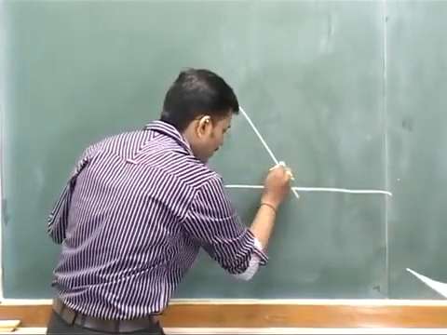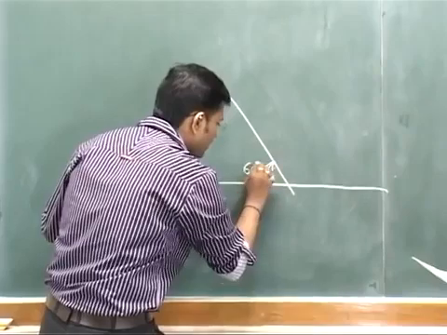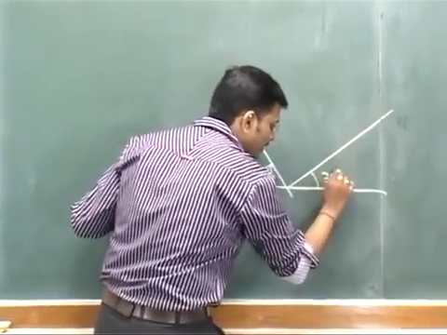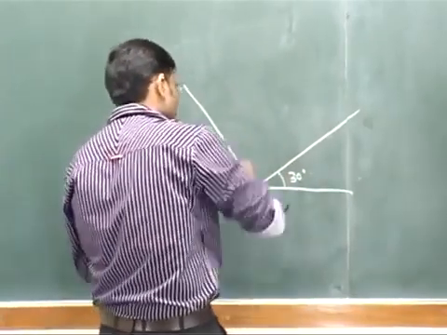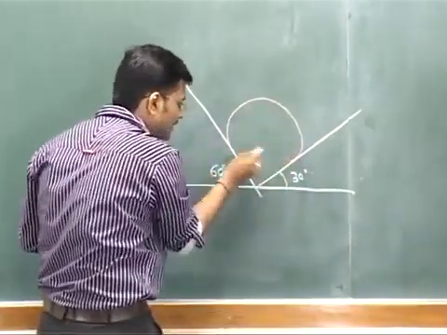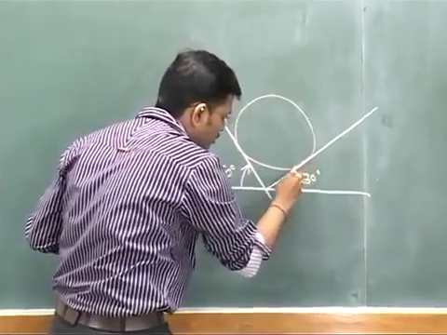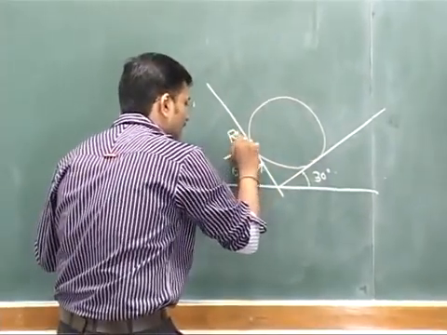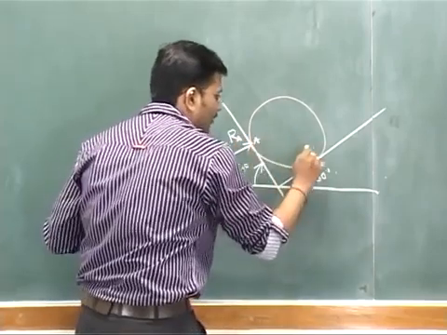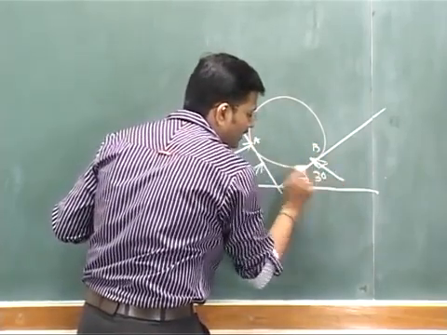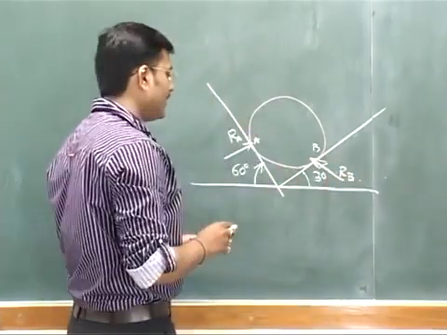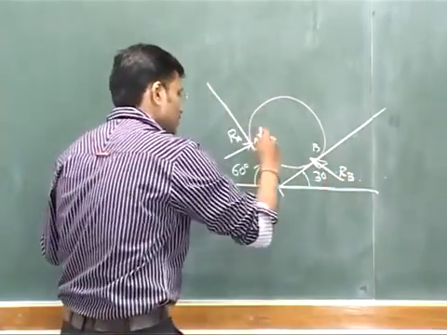So when the angle with respect to horizontal is 60 degrees with the first wall, and the second wall is making an angle of 30 degrees. Okay. So this is the ball which is placed in between these two walls, and they have asked what is the reaction developed at point A. This is point B. So what is the reaction developed at A, and what is the reaction developed at B? So that is the framing of the question.